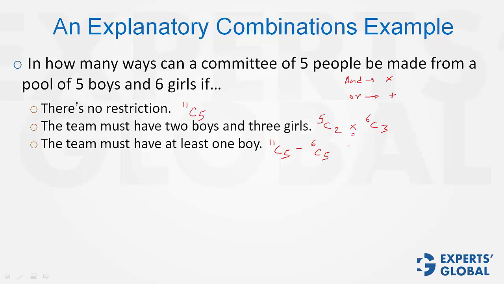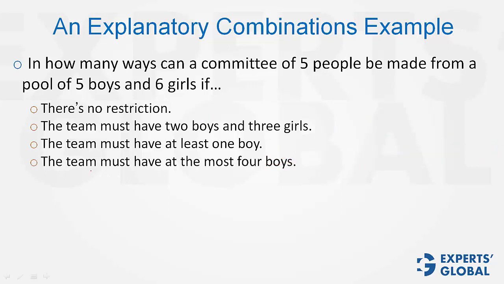Another way would be that you first find the case for 1 boy. That means 5C1 and 4 girls, plus 2 boys, 3 girls, likewise until all 5 boys, so 5C5. But this would of course take much longer. Answer would be the same. This is a smarter way of doing it.